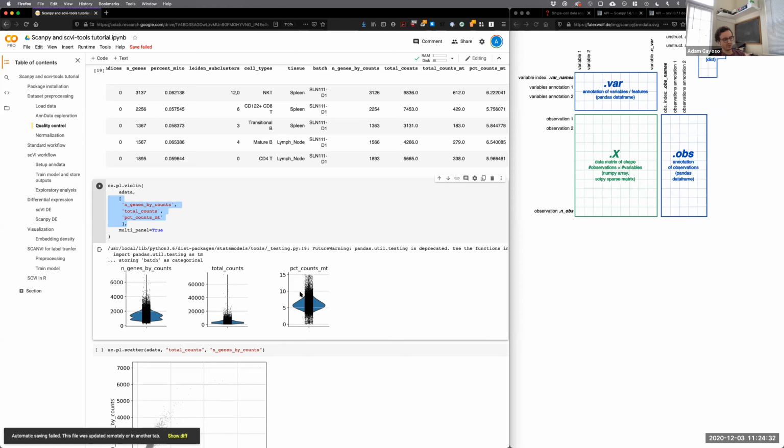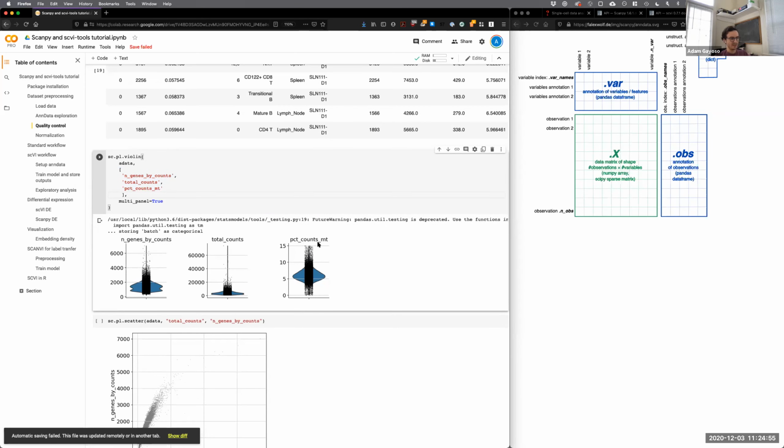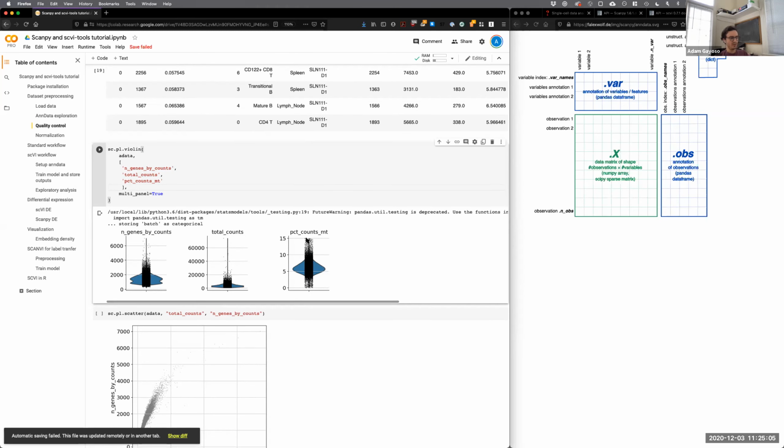And when you're doing quality control, you're kind of looking for outliers in either direction. So it's possible that I might want to filter some of these cells that have really high total counts, like this one has more than 60,000. It's possible this is some sort of doublet or other technical artifact. I'm not going to filter this particular data set, but usually, for example, for percent counts mitochondrial, you'll see another mode, a small mode, even higher than 15. But you would want to potentially